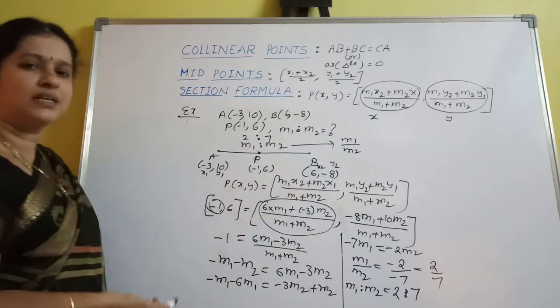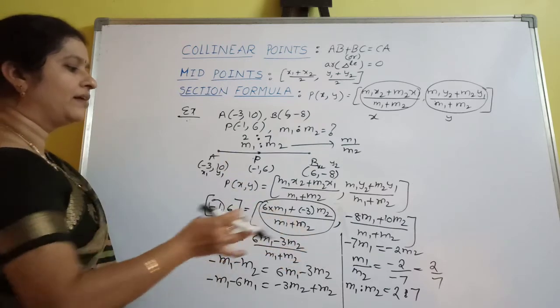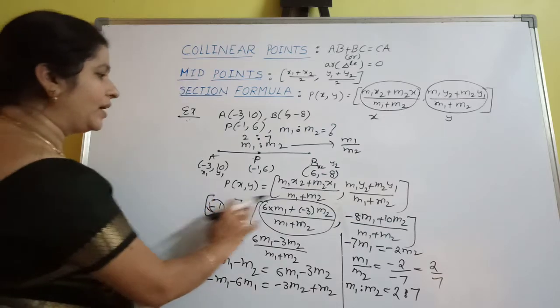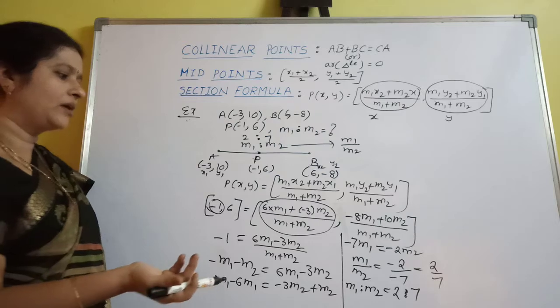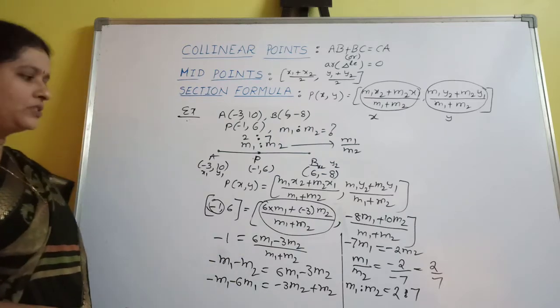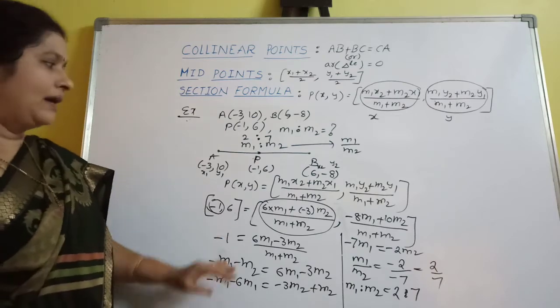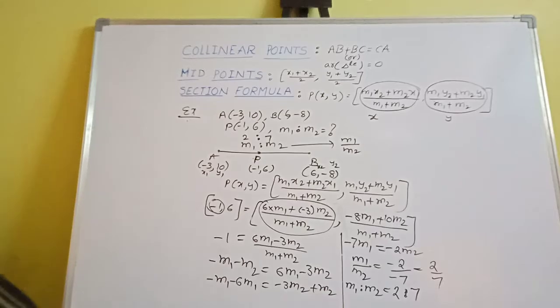These two conditions are the same. If you take x coordinates equal, you got the value m1:m2, 2:7. Suppose you take the y coordinates equal, then the answer for m1:m2 is also 2:7. So this is the process to find the ratio and find the point P(x, y). So, the last topic